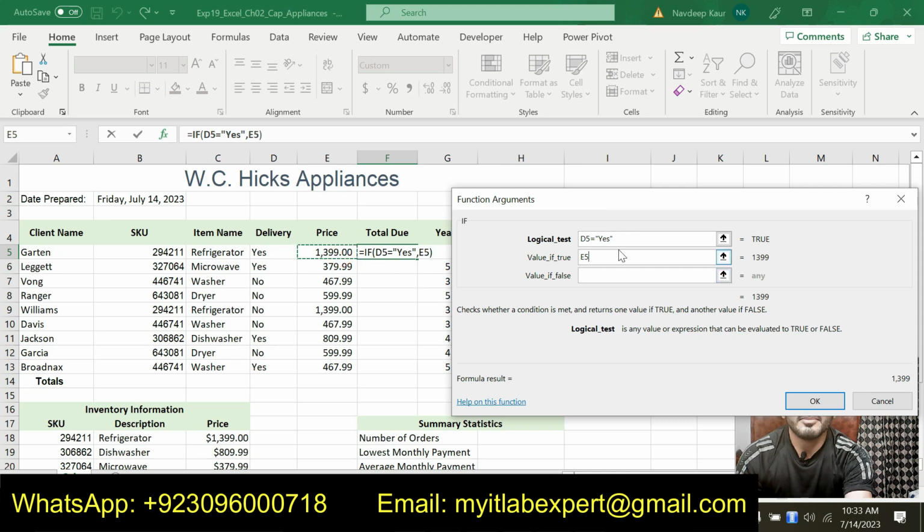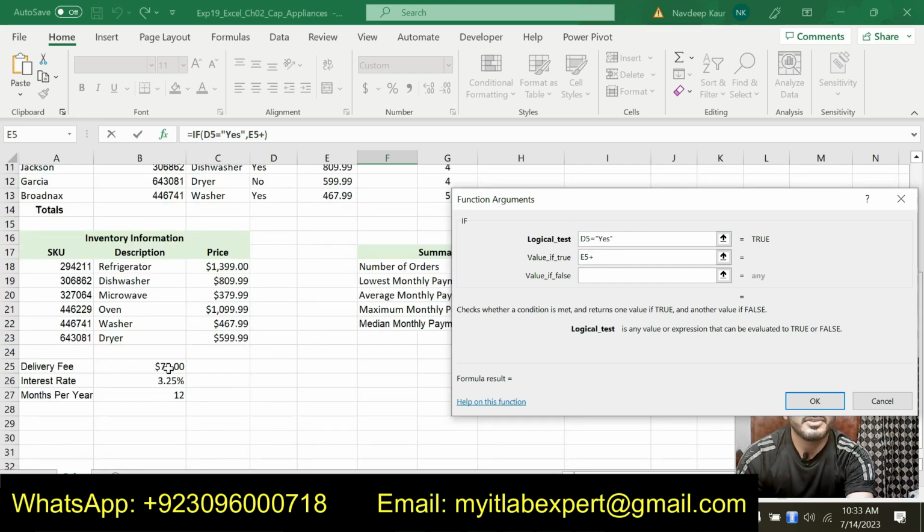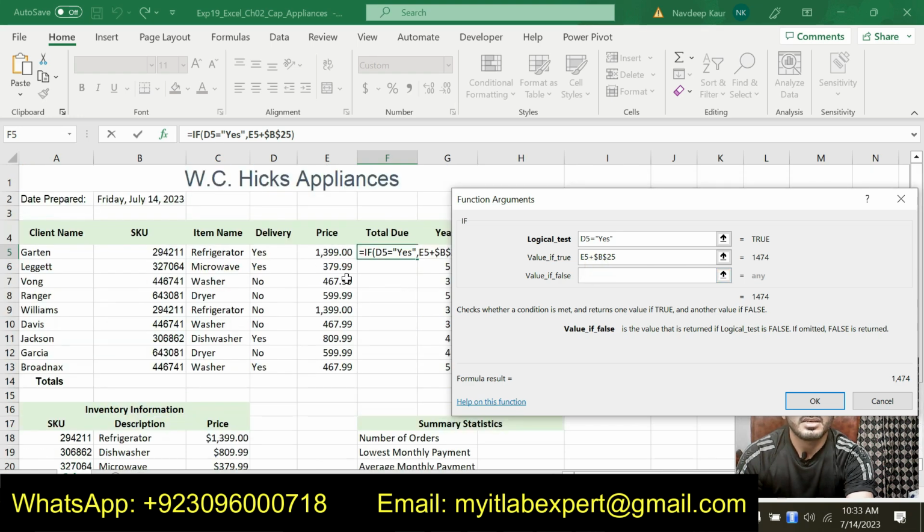the price in E5 plus we will add the delivery fees, this one. Otherwise, if the customer is not using home delivery, then the price will be equal to E5.